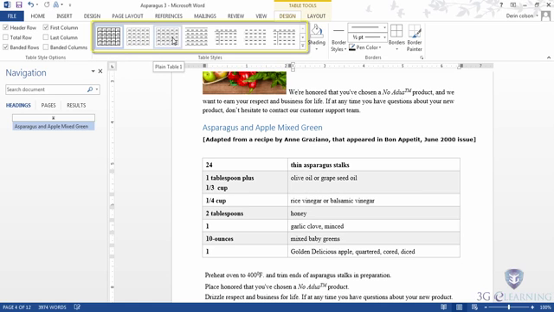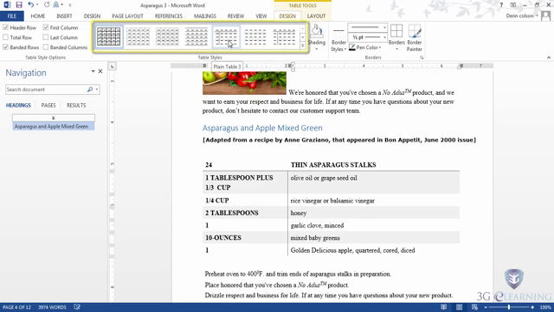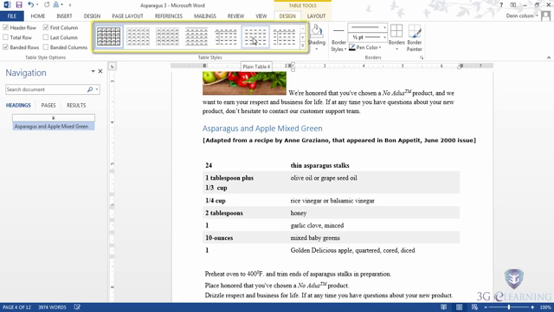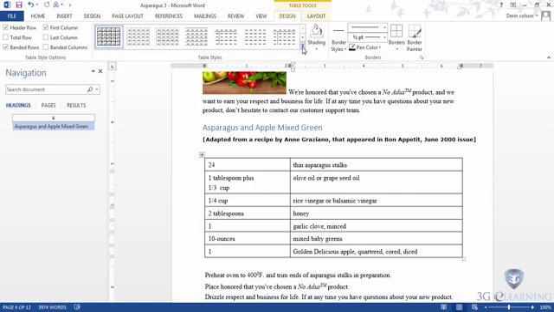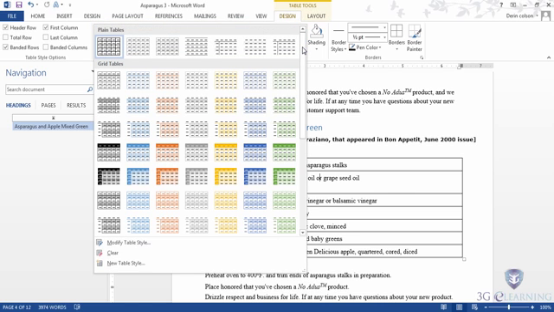Or maybe you want every second row to be highlighted. That's an option using Plain Table 1. As you hover over these, I kind of like Plain Table 2, where we don't ask to see the separators for the columns, or the borders on the left and right of the table. That's kind of interesting. Some tables are going to use header rows and have columns down the left-hand side used as header columns. As we move over to Plain Table 4, you can see we don't have any grid at all. But we do have some shading, and click this drop down, and there's quite a bit to choose from,